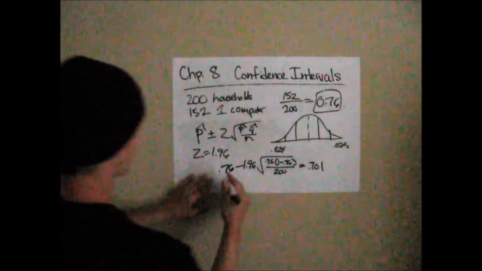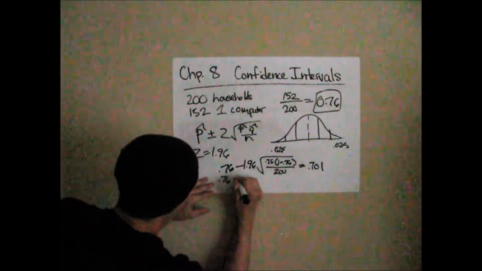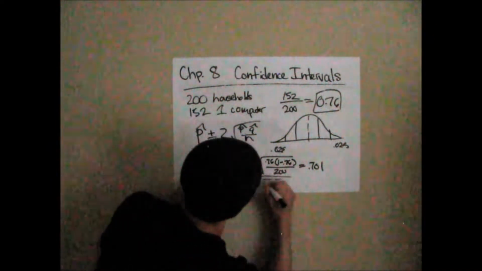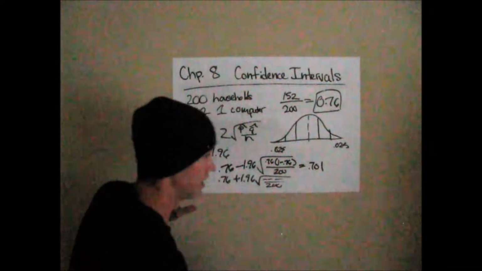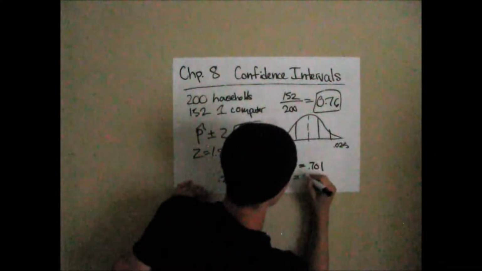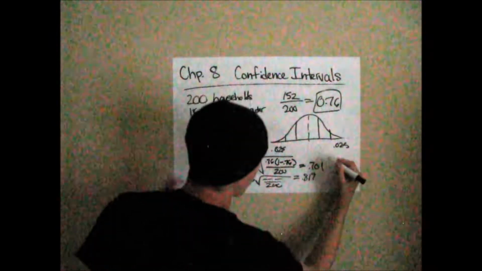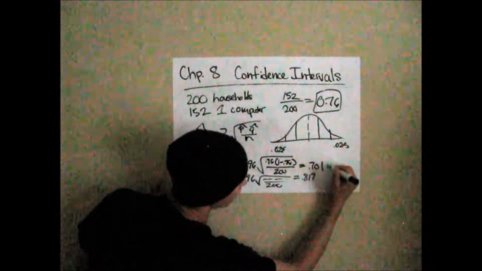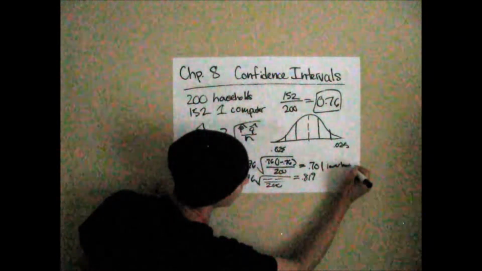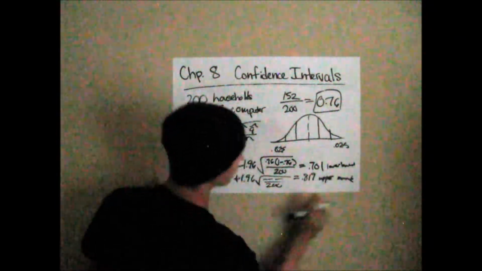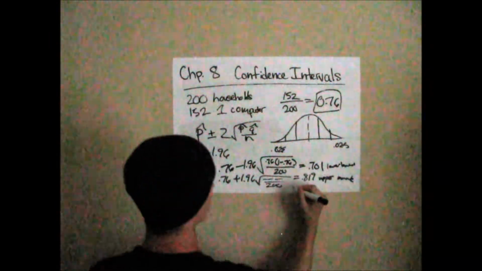And it's plus or minus, so we do the same but adding our 1.96 times the square root over 200, and that comes out to be 0.819. So we have both our lower bound and our upper bound, and our interval would be between these two,